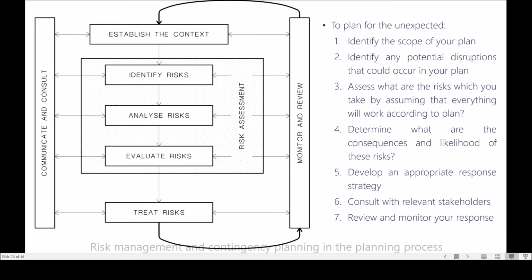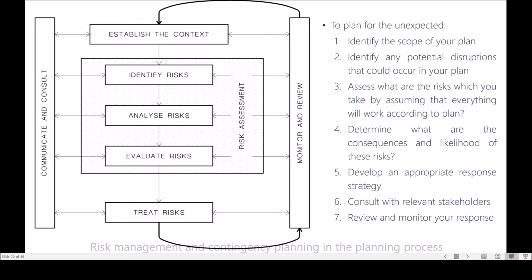So we establish the context, and within that context, we think about things. And I don't want to get too prescriptive about this because there's a likelihood you'll be doing a separate risk assessment unit as part of this qualification. But there are certain things also we want to consider within there, such as what's the appetite for risk within the organization and so forth. But we establish the context, then we identify the risks. Risks are things that can potentially go wrong.